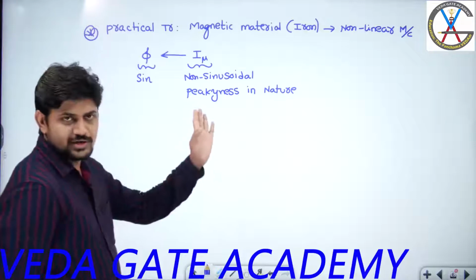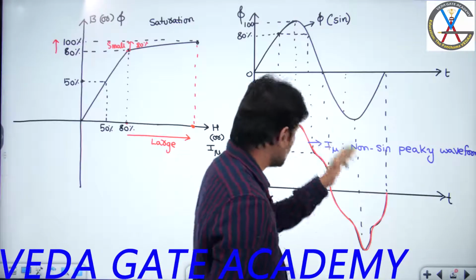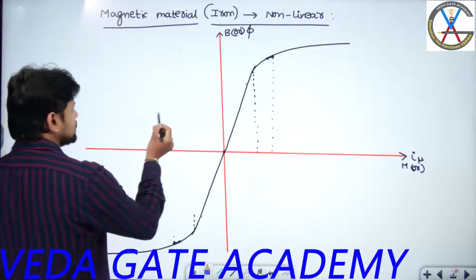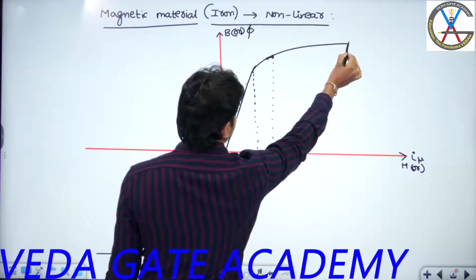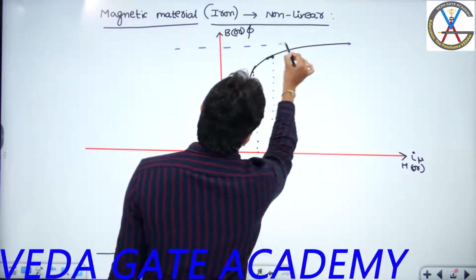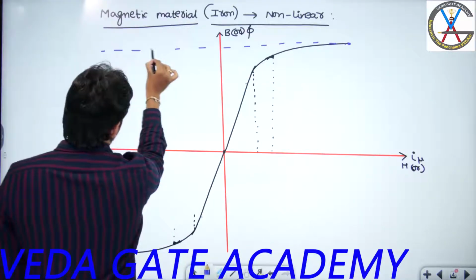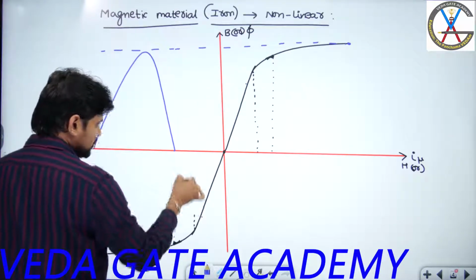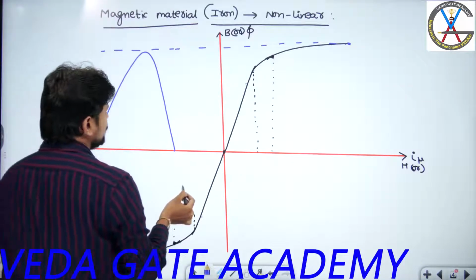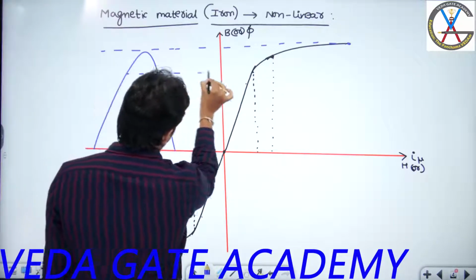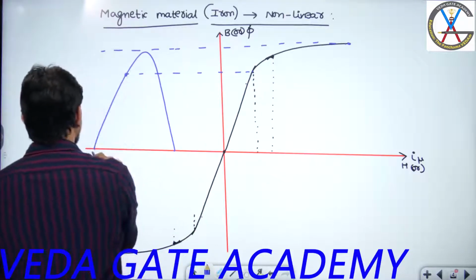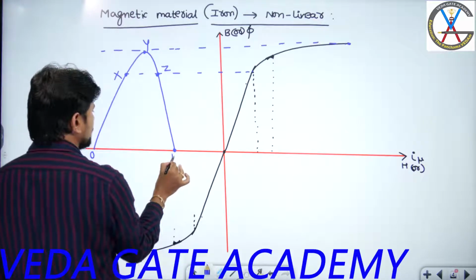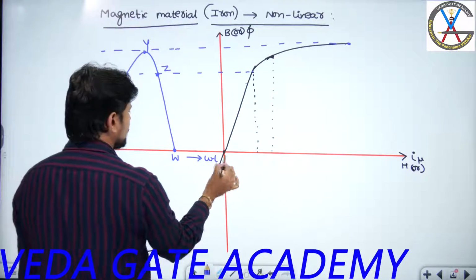Right. Now the moment I consider this I mu as non-sinusoidal, this is the conclusion. So even if you consider this shape also, in order to get a pure sinusoidal flux, let me take this as the maximum point. Here I am directly drawing the diagram with only one half cycle, and if you consider this point, you will get the negative half cycle. Up to this, you will have a linear graph. So from 0, let us assume x, this is y, this is z, and this is w, with respect to omega t.